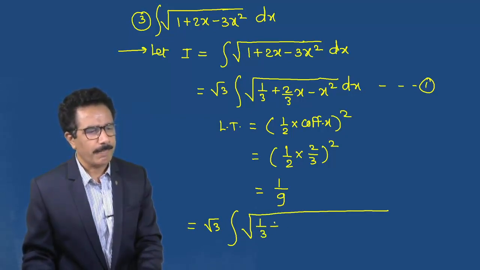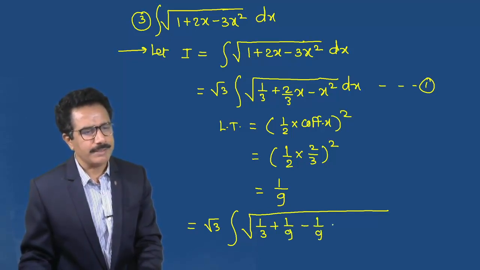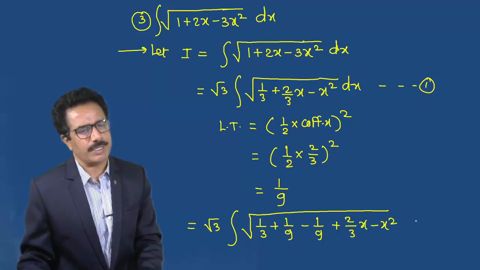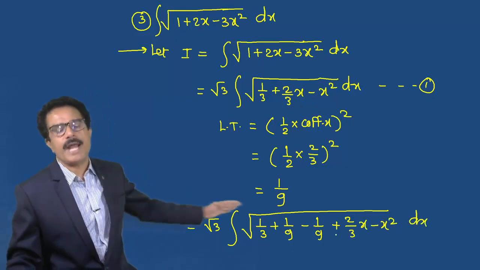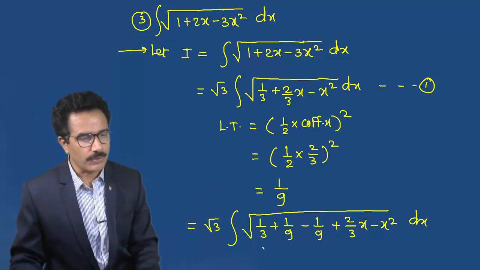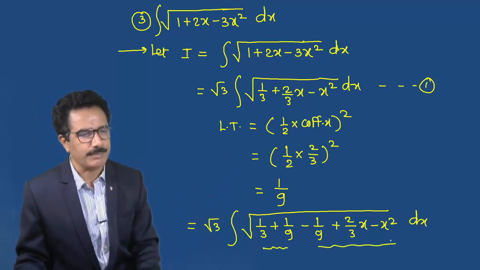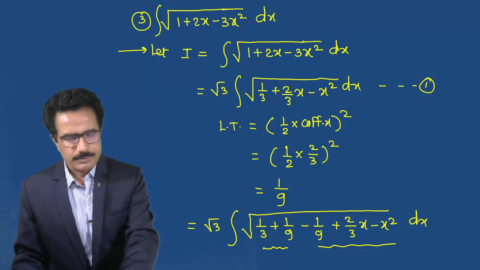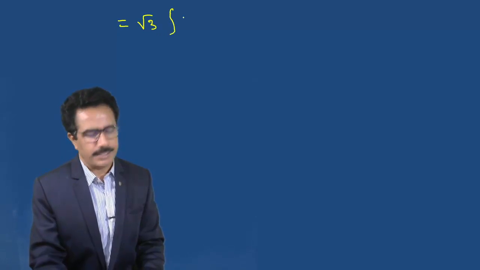So we can write 1 by 9, which gives root 3 integration of root of 1 by 3 plus 1 by 9 minus 1 by 9 plus 2 by 3x minus x square dx. That means we have to add and subtract here. So this can be written as a separate term. So we can write root 3 integration of,